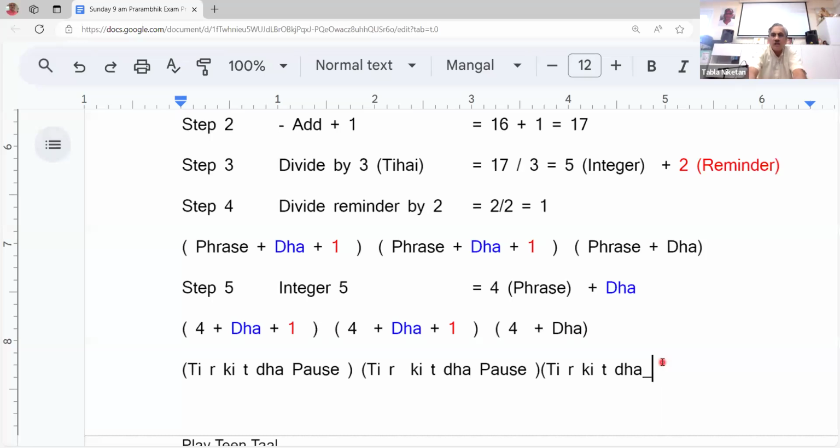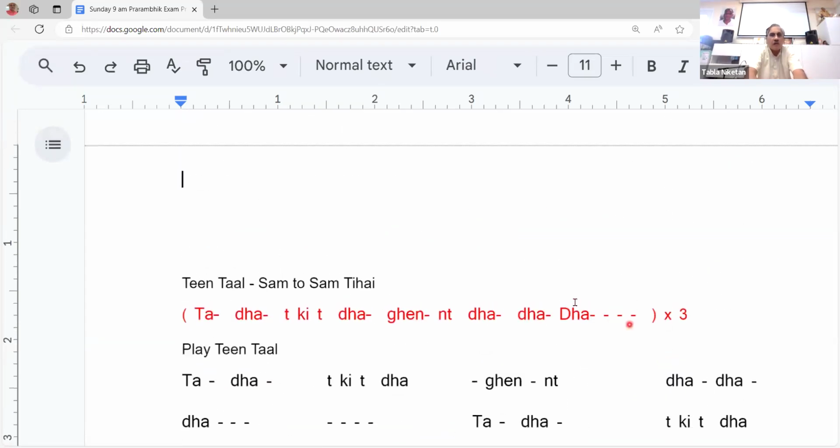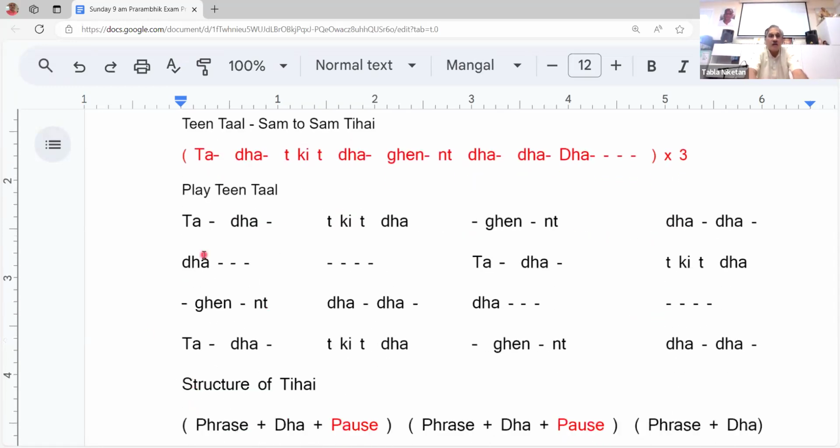So how does that fit here? Let's try in the upper section. I'm scrolling it up. I hope you guys see the screen. We have one syllable per beat, right? So instead of ta, a, dha, a, we just write ti, ra, ki. I hope you can see my screen, my cursor, or no, you can't see.